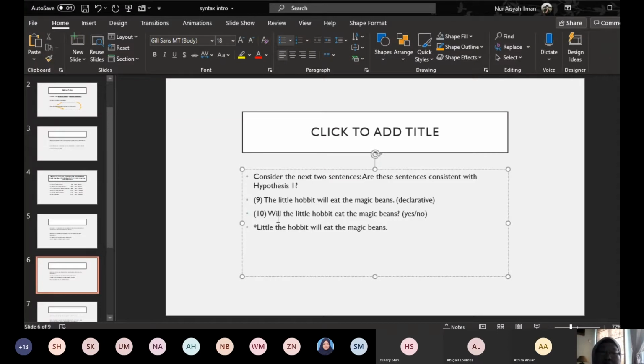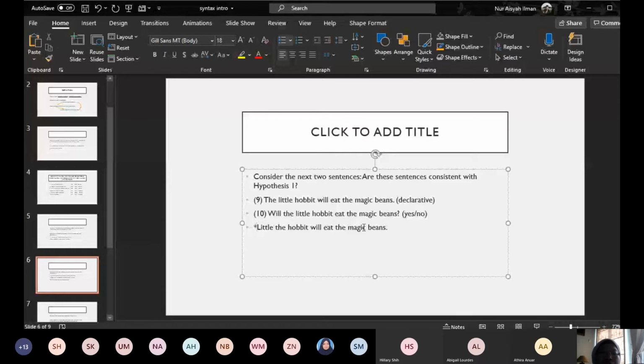Actually it should be will. Therefore the sentence 10, which is grammatical: Will the little hobbit eat the magic beans? Betul. So kat sini kita nampak bahawa kita punya hypothesis tadi, that the second word in the sentence will go to the front, is not very precise because it doesn't predict for number 10. Dia tak predict number 10 because